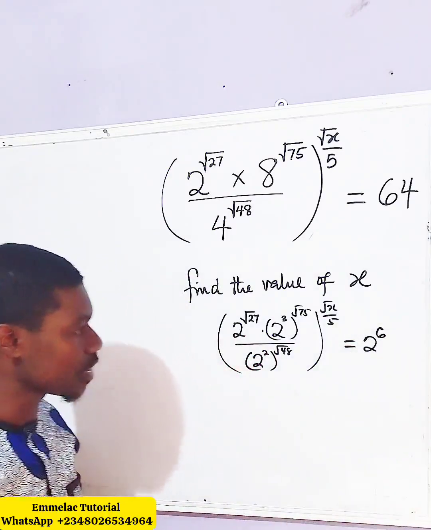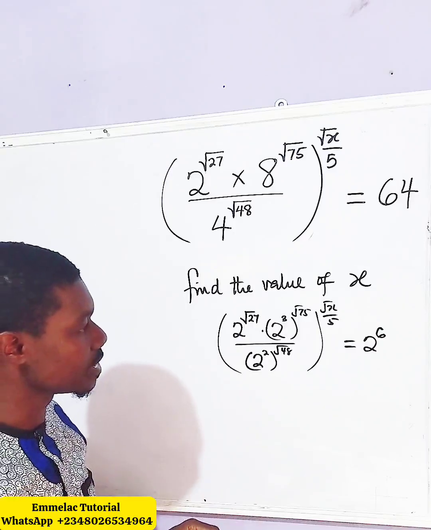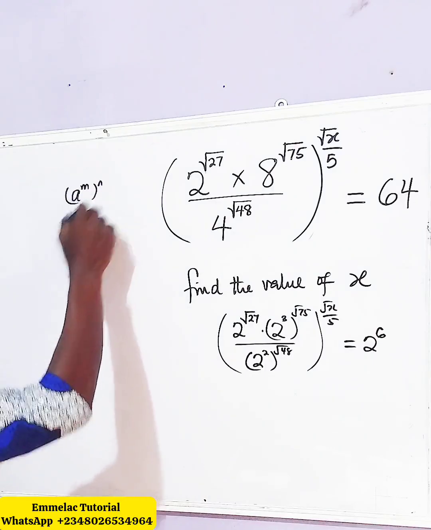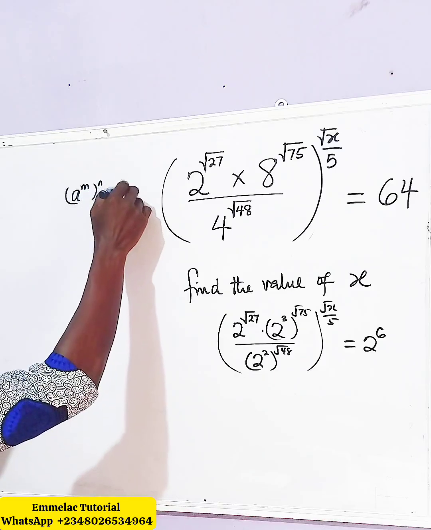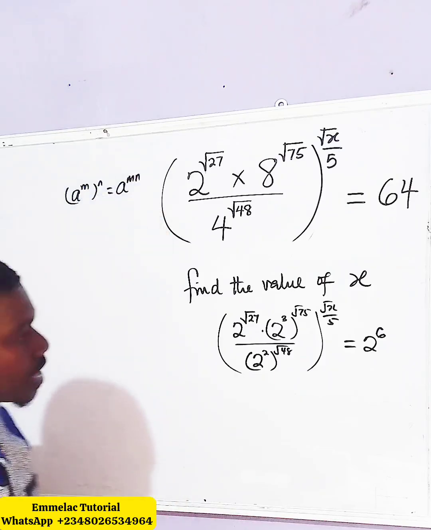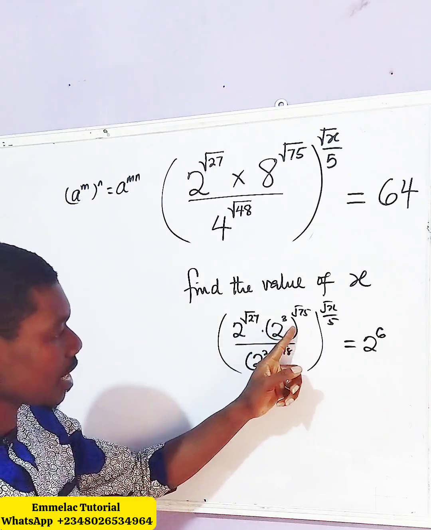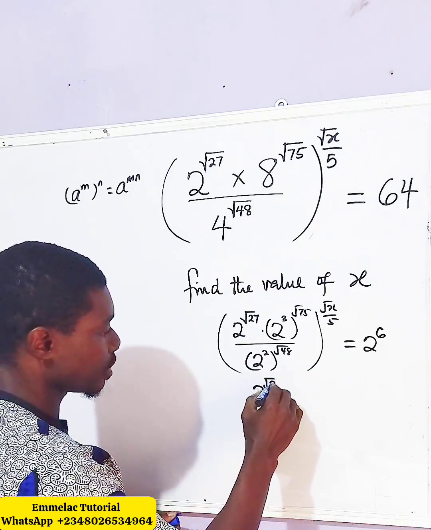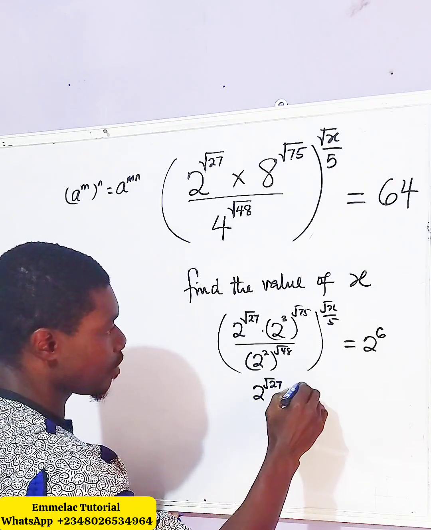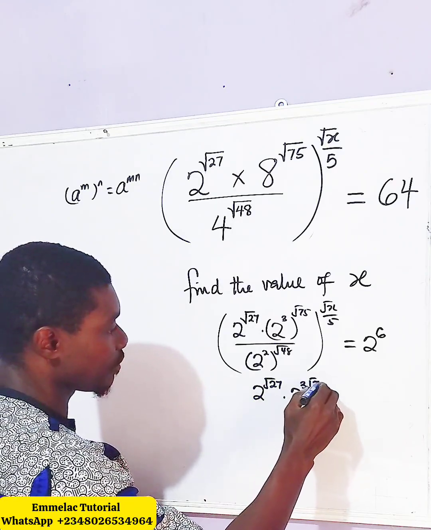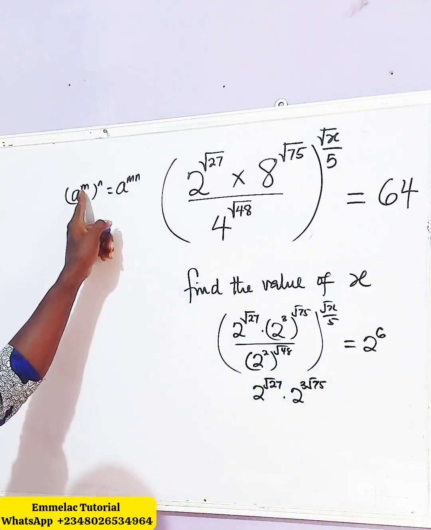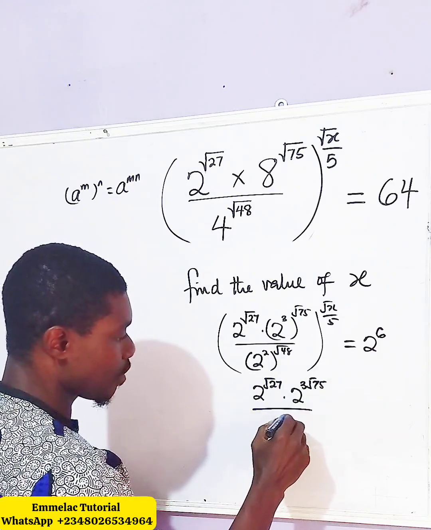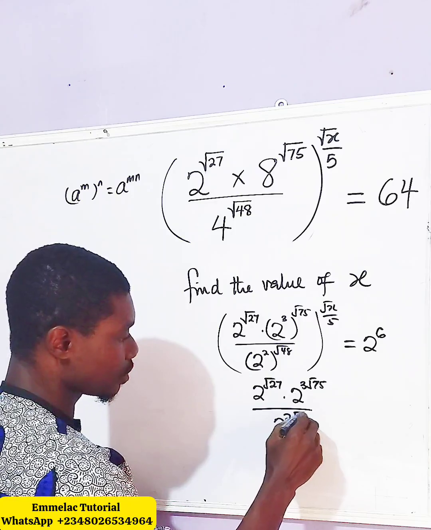6. Okay, now according to the law of indices, if you have a raised to the power of m, all raised to the power of n, this is simply saying a raised to the power of what? M times n. Okay, now applying this rule here and here, we get to have 2 raised to the power of root 27, then times 2 raised to the power of what? 3 root 75, okay, because the exponents here will multiply each other. Then all over 2 raised to the power of 2 root 48,